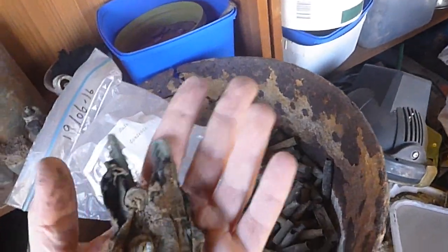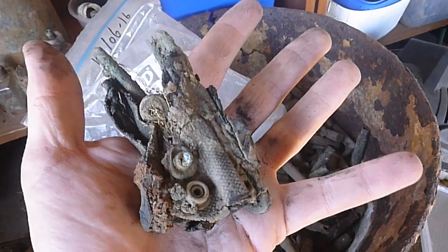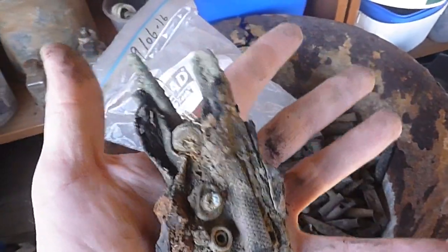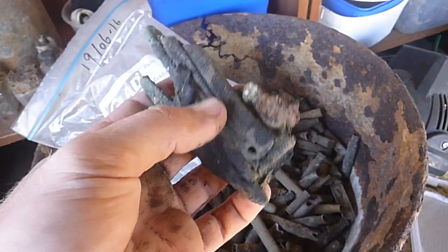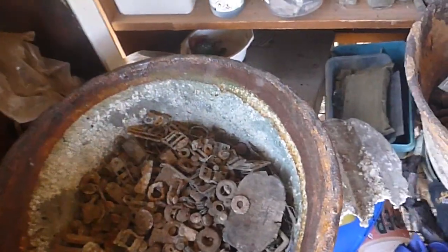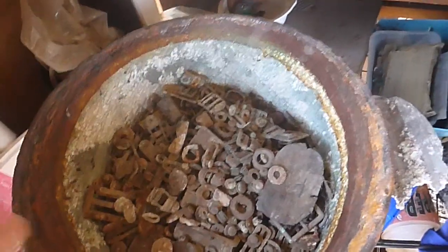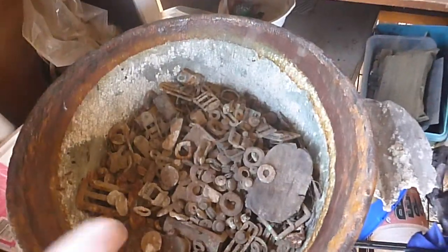This here is what remains of an original ammo belt. As you can see, the buckle's there, there's a bit of the webbing. That's the contents we're going to do today. What I need to do today is a field repair on my M1910 original 1942 dated ammo belt. And so because we find